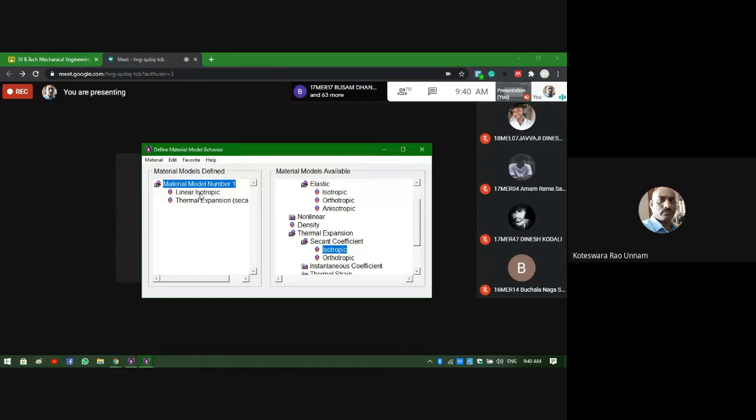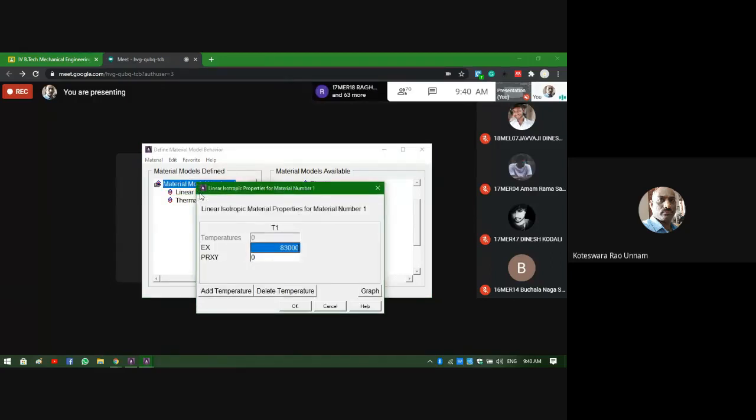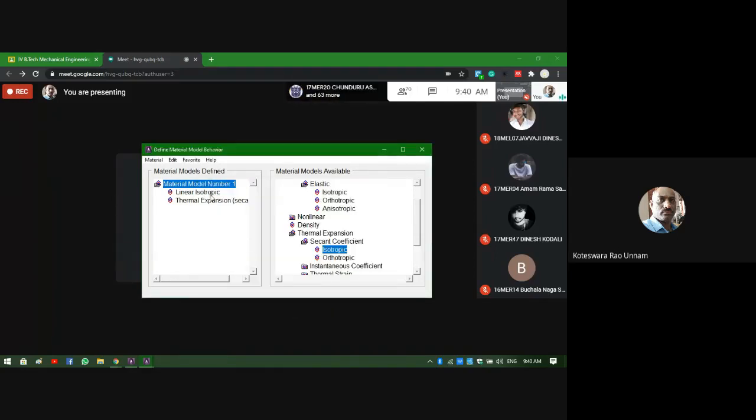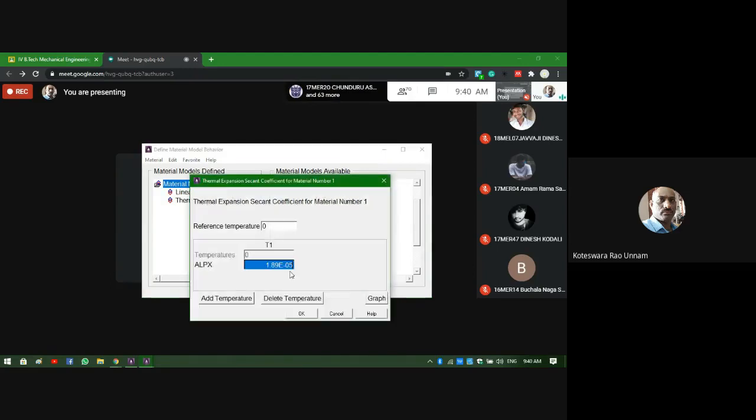If you want to verify the values, just click on that, and whatever you defined will be listed over here: 83,000 MPa. That's what we defined, so it's okay. Similarly, if you want to check the alpha value you defined, our reference temperature is 0 and its value is 1.89 E minus 5.